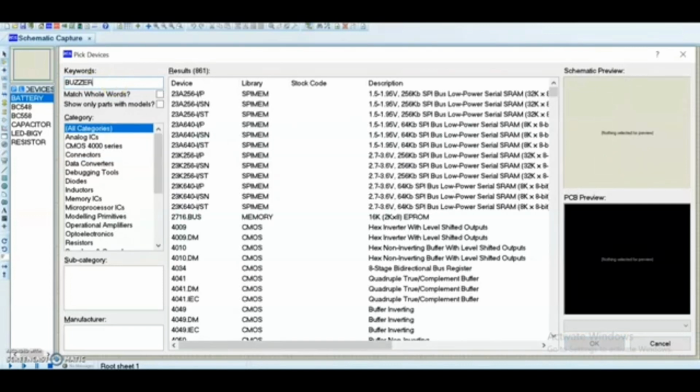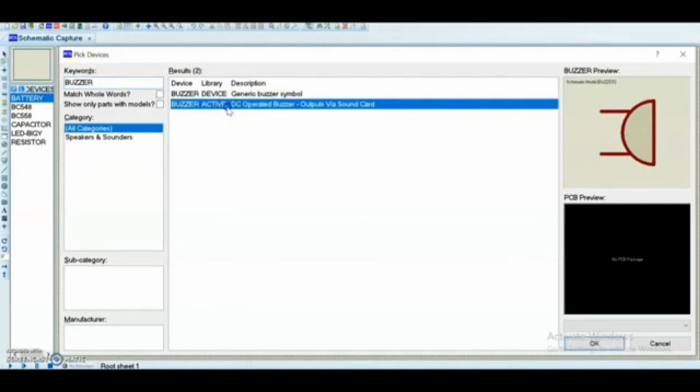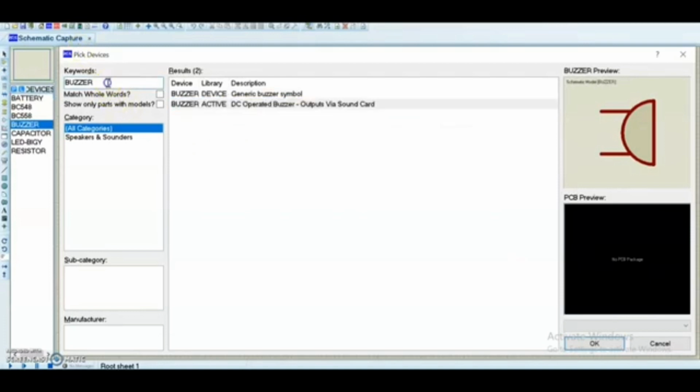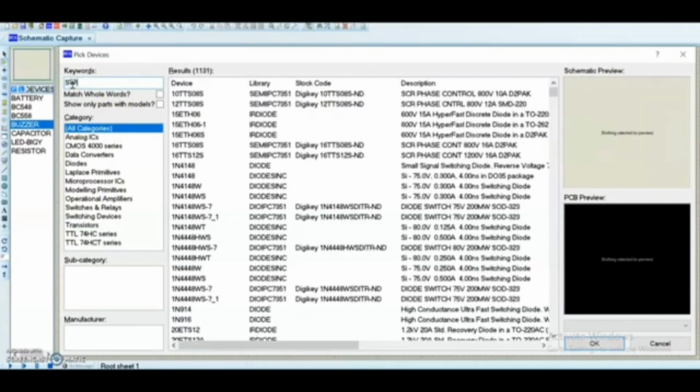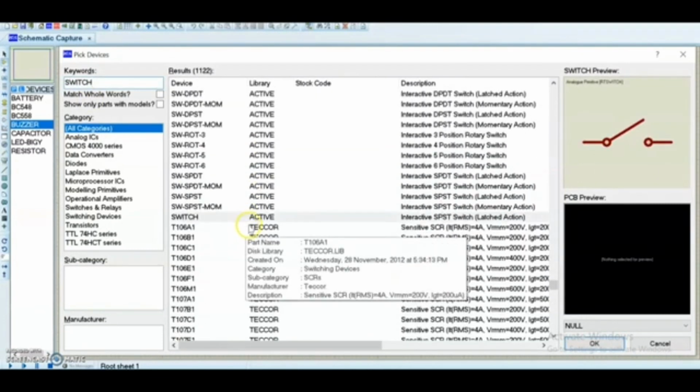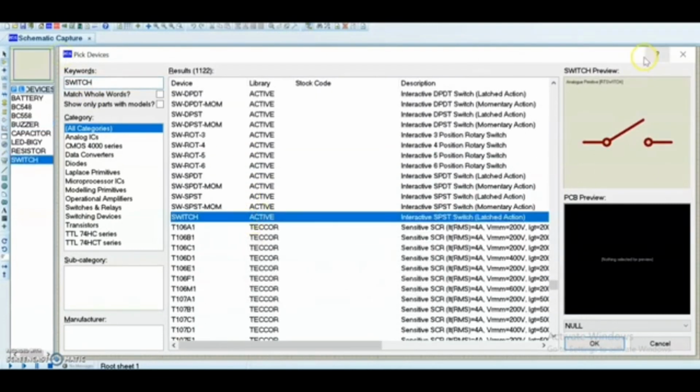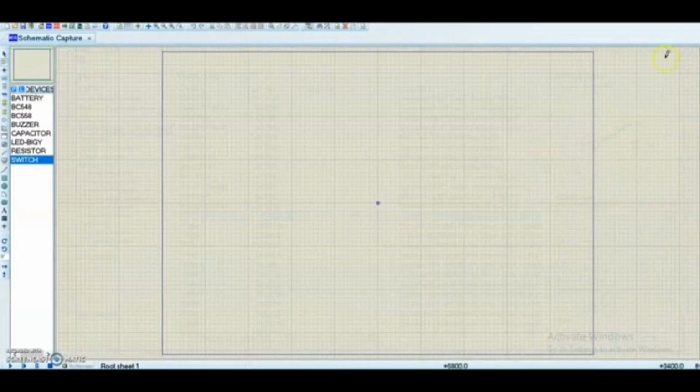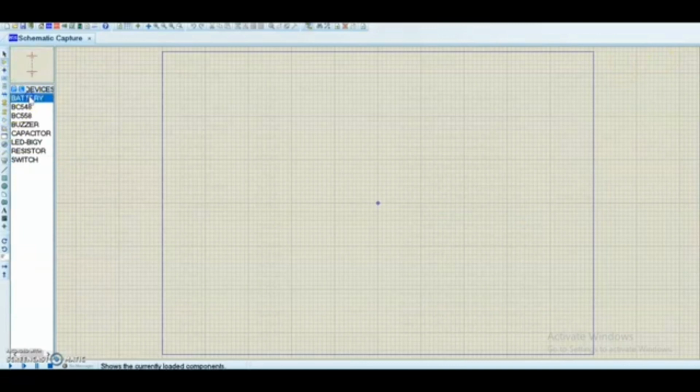Next, we are going to choose a buzzer. And as you can see, we change that probe into a normal switch. Okay, that's all for the components that we're going to use for this circuit.